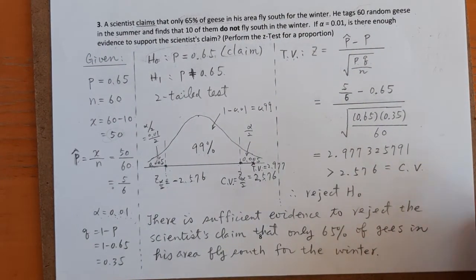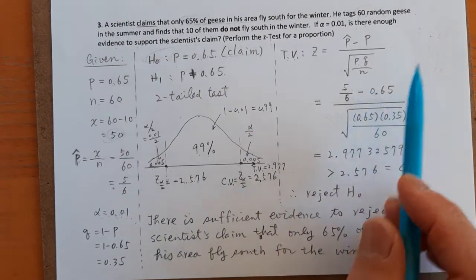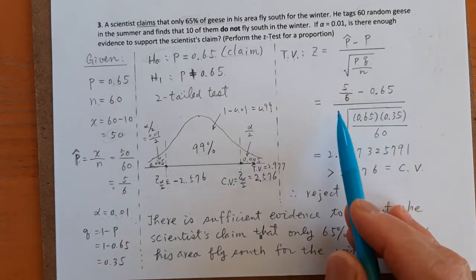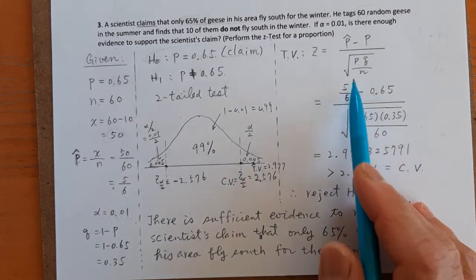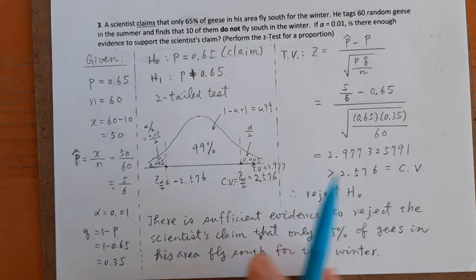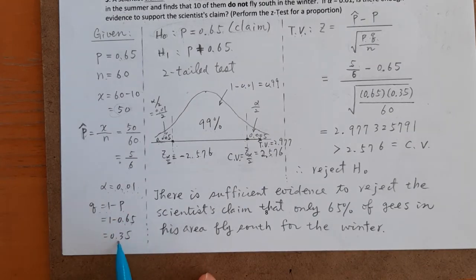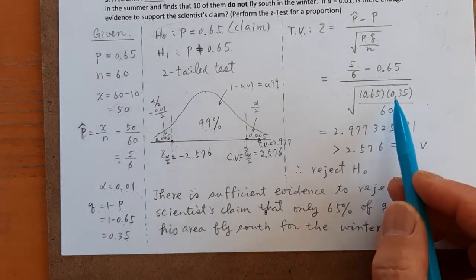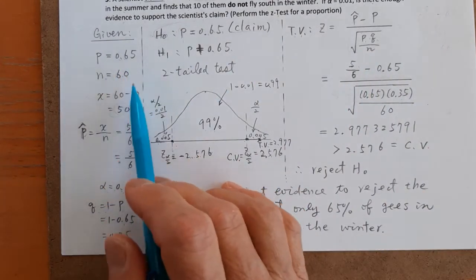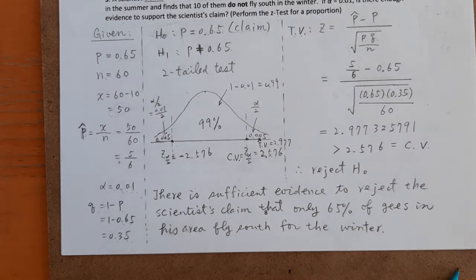So P hat is 5 over 6 minus P, 0.65, over the square root of P, which is 0.65, times Q. Q is 1 minus P, 1 minus 0.65 is 0.35. So Q is 0.35 over N. N is 60, and take the square root. Then you use the calculator to figure out